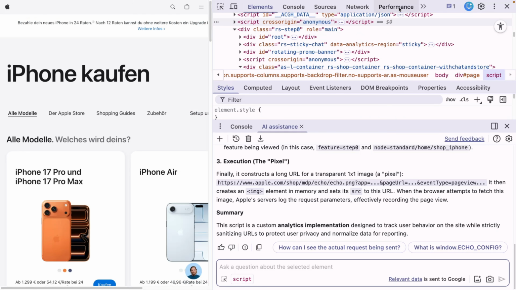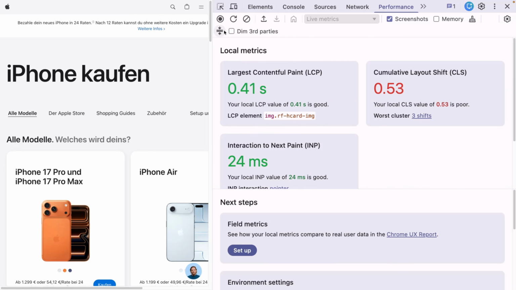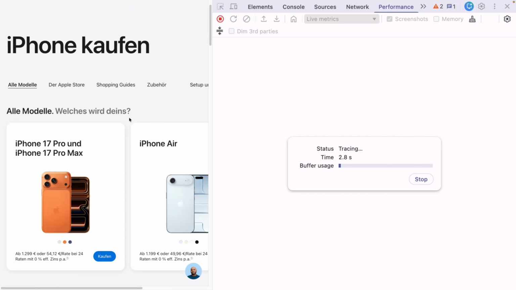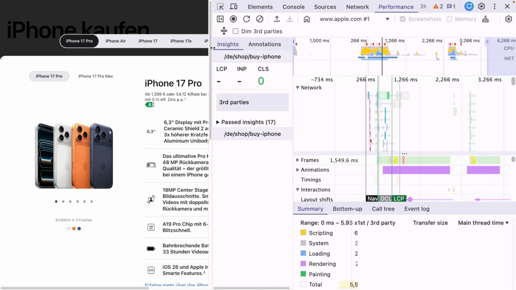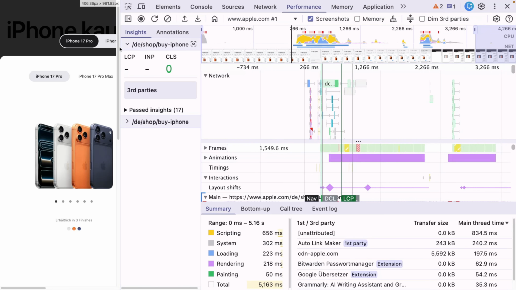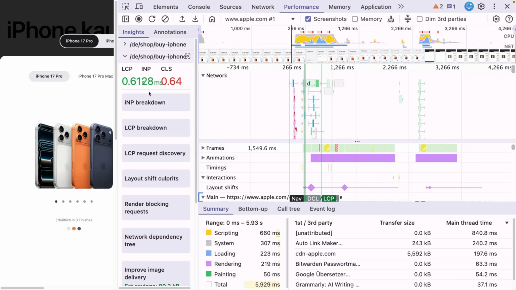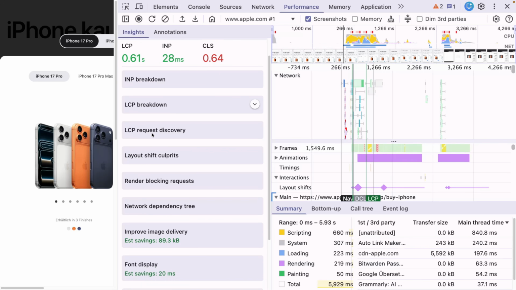Now, when I mentioned performance tab, what I wanted to mention is the fact that you obviously can do recording. So let's do a recording here, and I'm gonna refresh the page. I'm gonna click on, let's say, iPhone, and I'm gonna stop this. So we're gonna see that we have recorded some actions here. And for example, if I collapse this section here, we're gonna see that Chrome is giving us a lot of